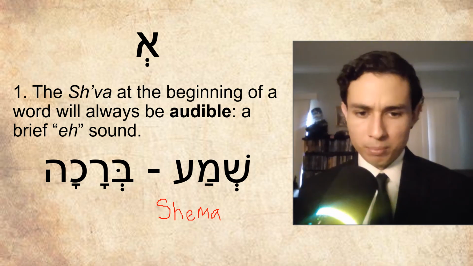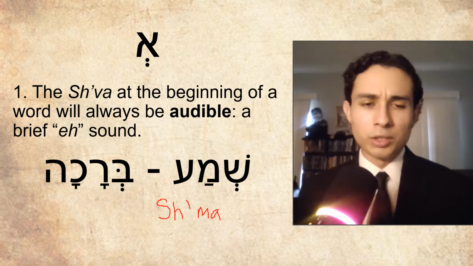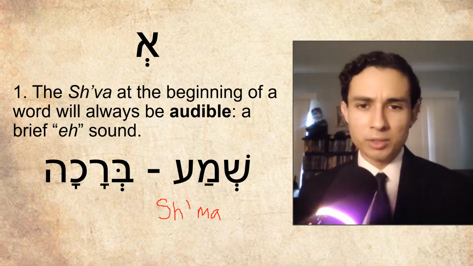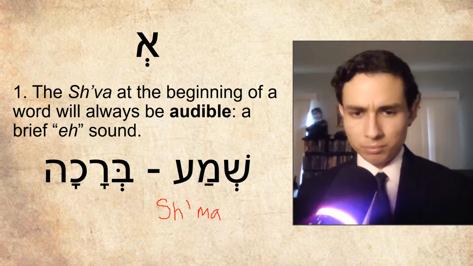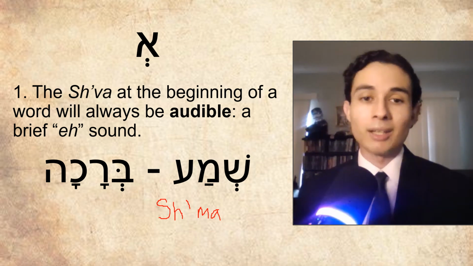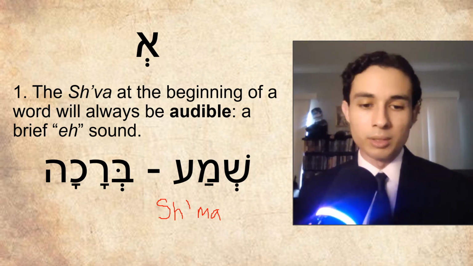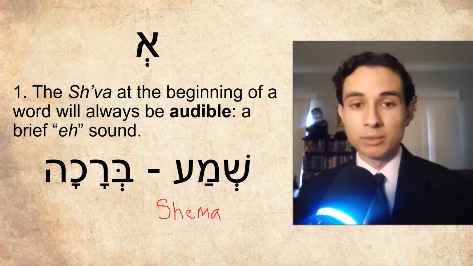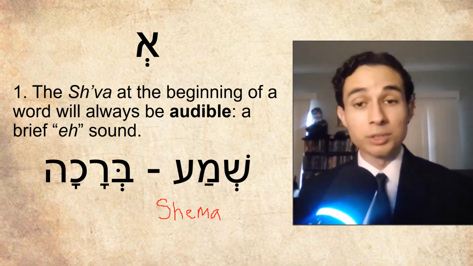So what would they put? Well, we'd erase the E and they would just put an apostrophe. Sh'ma. As you can see, it may not seem like there's a difference with an E or without any, but think about it this way. People who don't know about Hebrew or its rules might be inclined, if they saw the E in this word, to think it's pronounced Shema, which is incorrect.